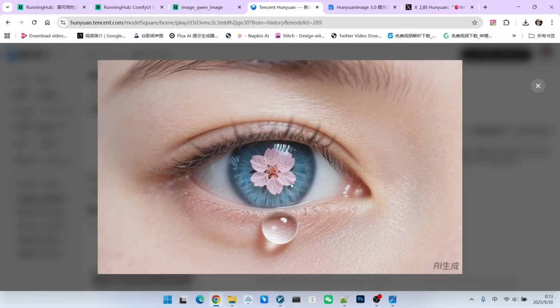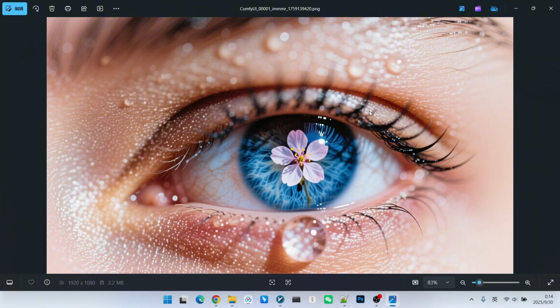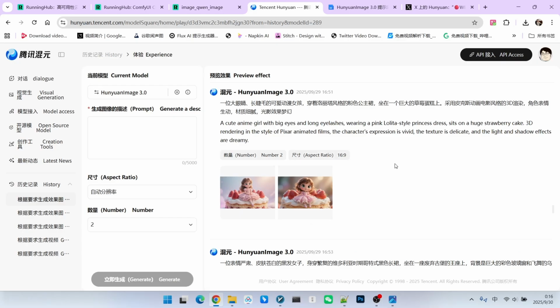Now for Qwen Image, I think Qwen's version is even better. You can see the skin texture, the state of the eye, and the texture of the cherry blossom all feel more vivid and lifelike. This next one is another style Hunyuan Image 3 claims to excel at: anime character sitting